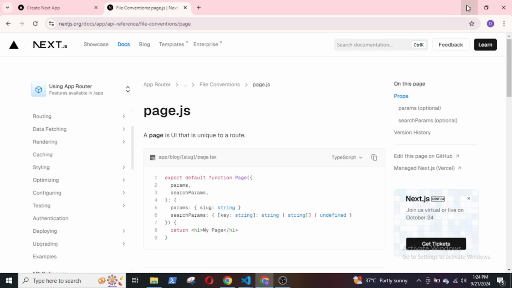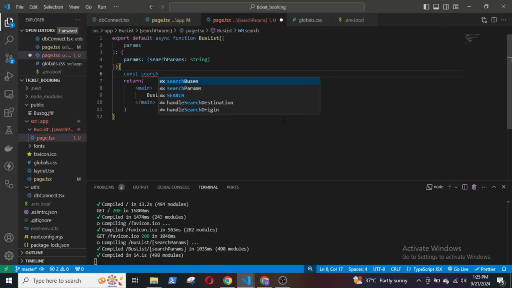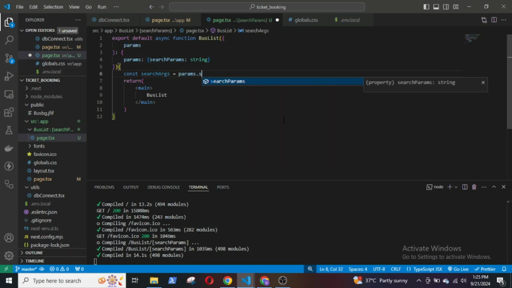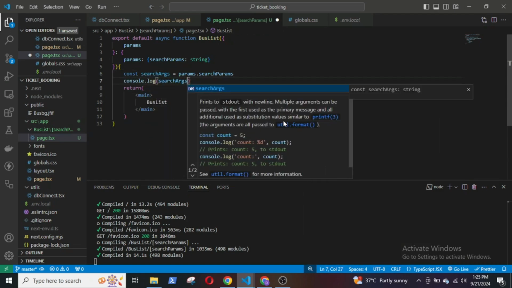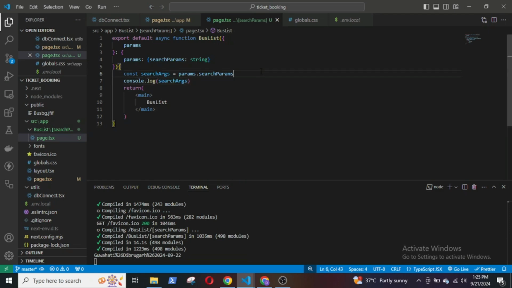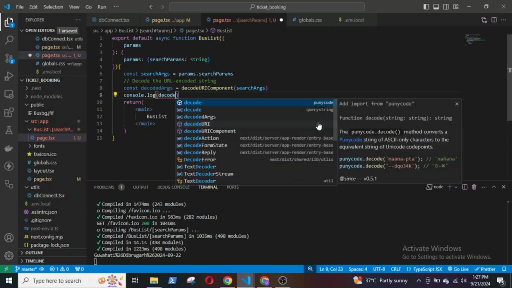Then declare searchArgs, which will contain the search params: const searchArgs = params.searchParams. We will now decode the URL encoded string: const decodedArgs = decodeURIComponent(searchArgs), which will convert %26 to ampersand,